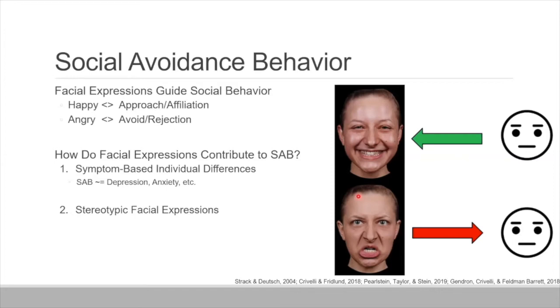And if we did, we probably wouldn't want to interact with either one of these people very much because these are very intense emotional displays. So they rarely occur in social situations, and they tend not to elicit very robust individual differences. There's sort of this ceiling effect where everyone will tell you this is a very happy face, and everyone will tell you this is a very angry face, and there's just not much room there for individual differences.